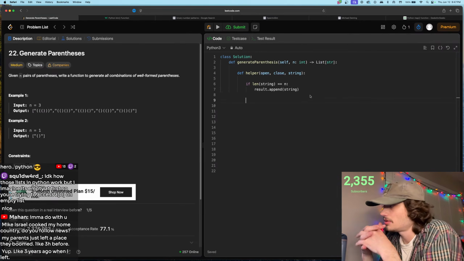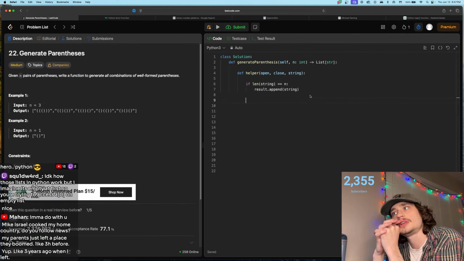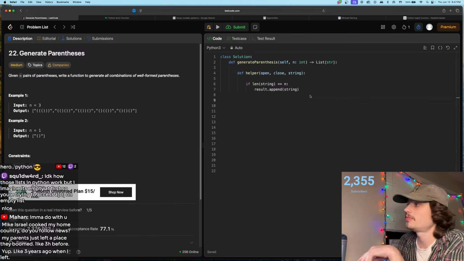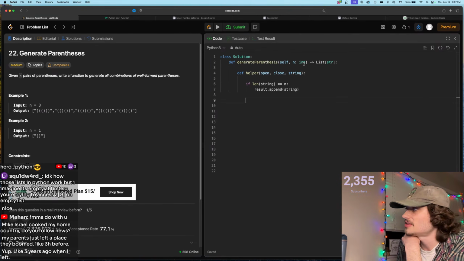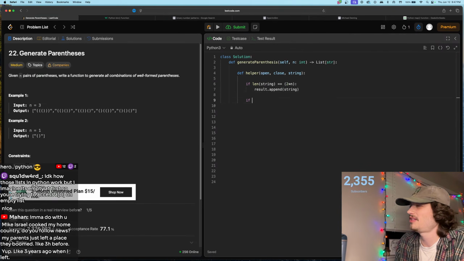Okay, so we need to make sure that an open parenthesis is placed right. An open parenthesis is valid too. This is not n, sorry, this is going to be 2 times n. Right? So we'll say if